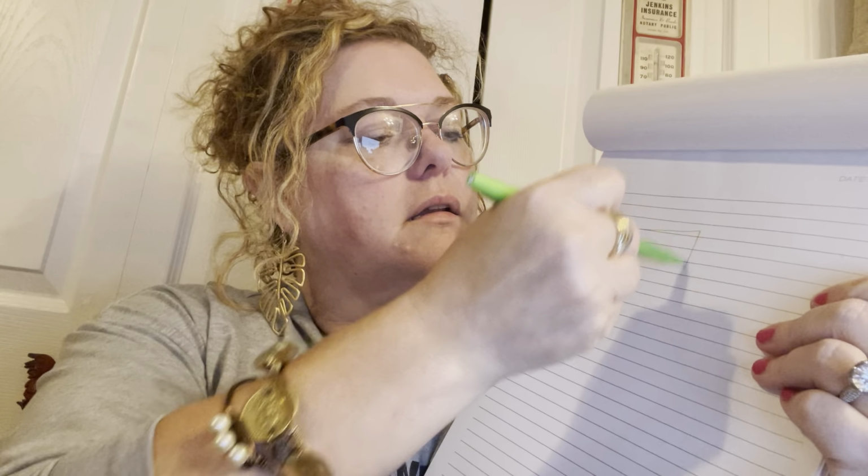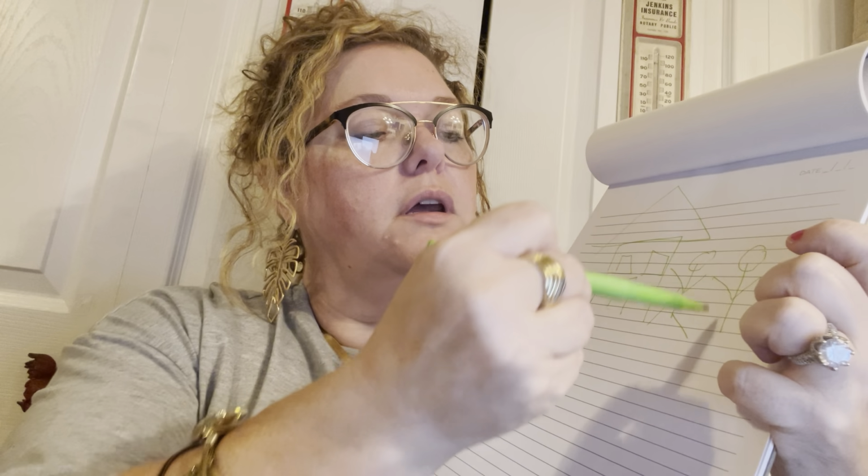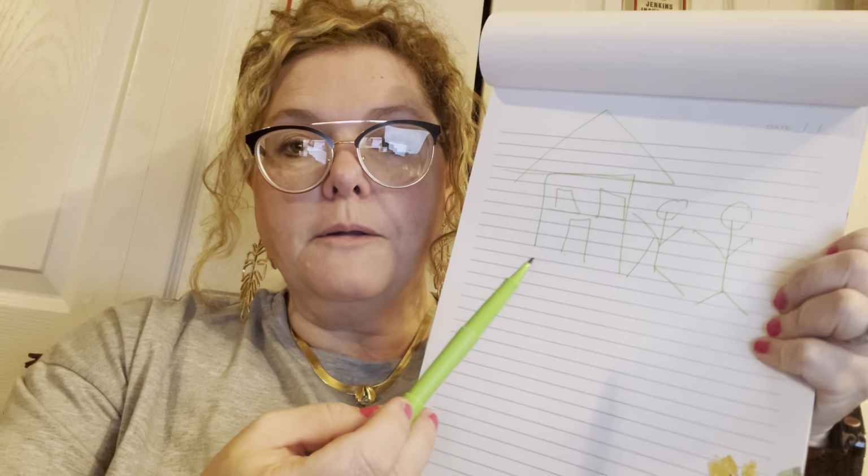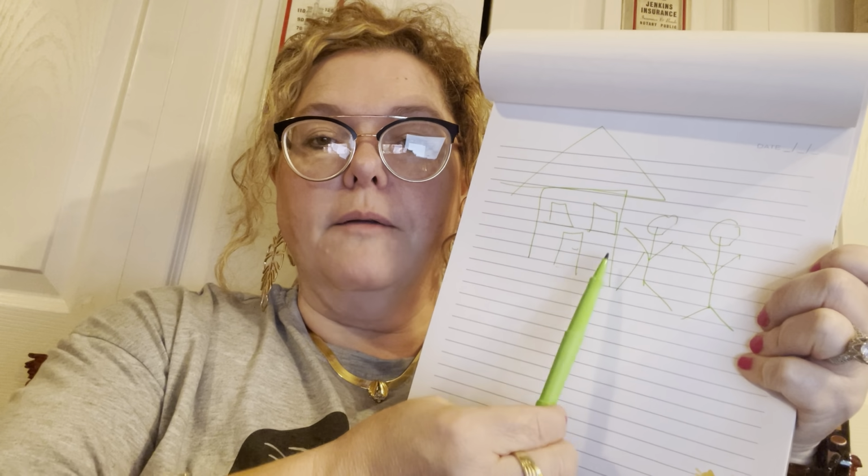You can look at their pictures and kind of see what the story is that they're trying to tell you. So this is where you might get, like, a house. Like you ask them to draw a picture of their house and their mom and their dad or whoever their family is, whatever their family looks like. They're typically not in proportion because obviously their house is not going to be at the same height as their mom and dad or whoever their guardian is. But you can tell a much bigger difference in their ability to draw and in their spatial awareness. And then in their letters and their words,